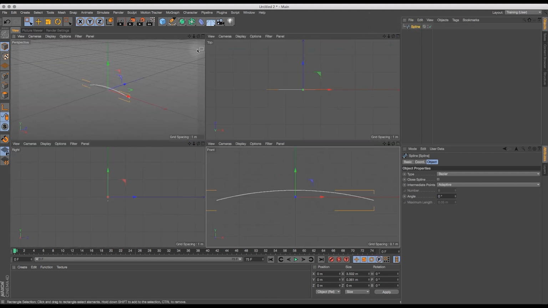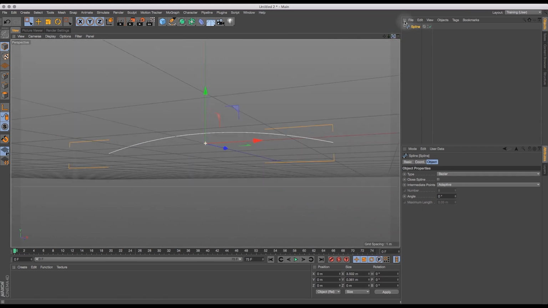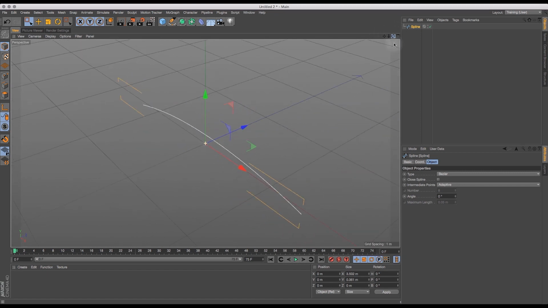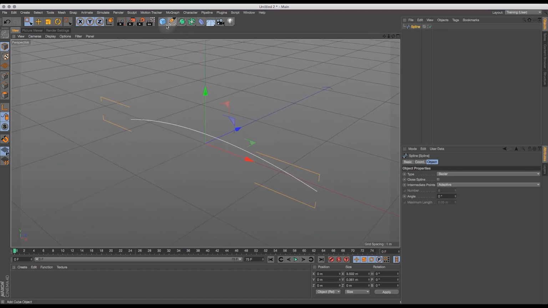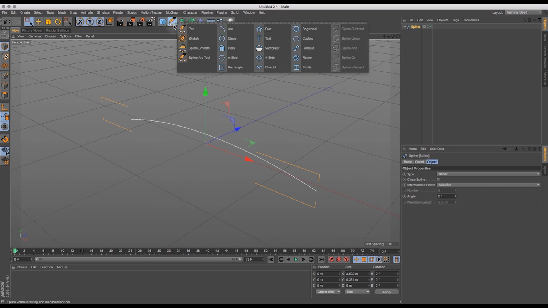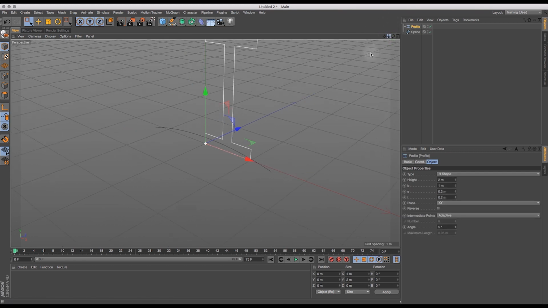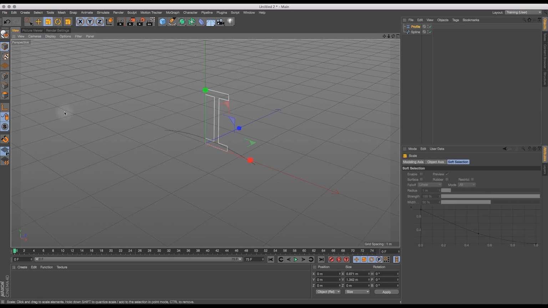So I'm going to model the bridge in this scene because I think it'd be a lot easier than doing it in an already complex scene. And I'm going to extrude some kind of profile. I could create one. I wonder if I can get away with using one of these. I might get away with that one actually. Scale that down